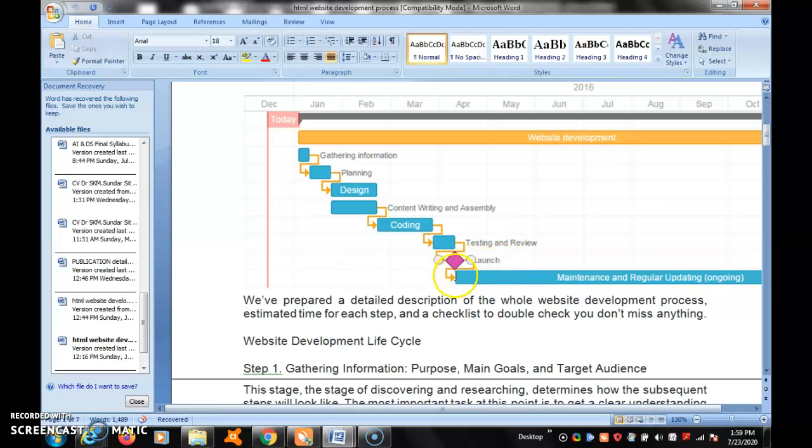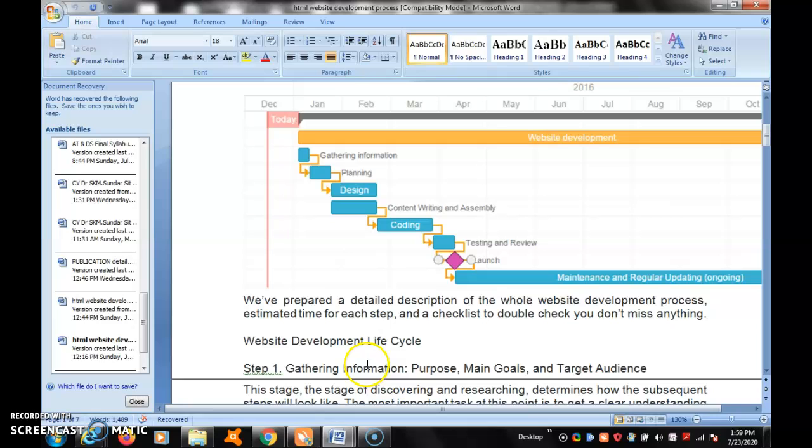Otherwise, we send it again to the coding team. Finally, after launching, maintenance and regular updating are ongoing. So we have prepared a detailed description of the whole website development process, estimated time for each step, and a checklist to double check you do not miss anything.